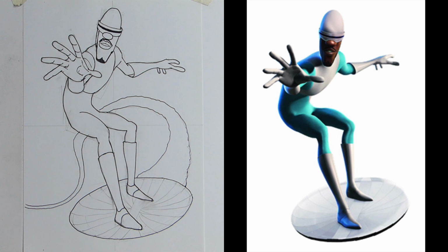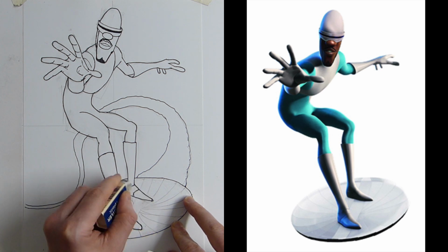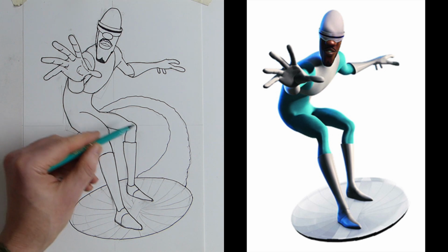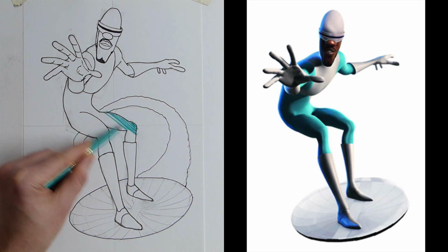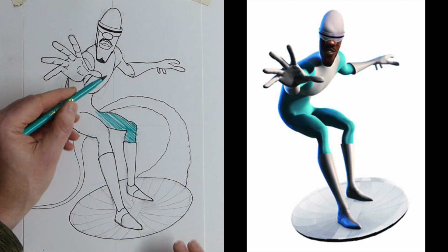Now, I'm using cheap felt tips that you can get from any kind of supermarket or thrift store, that kind of thing. When you go out and you see a pound shop or a dollar store, or you go to Asda or Walmart, wherever you may be, there'll be cheap felt tips, and I'm using these. Now they're quite zingy and dark, but I'm using these and then building up with pencil crayons after. So I've got this kind of green and I'm filling it in really quickly, just a zingy green that I can actually get